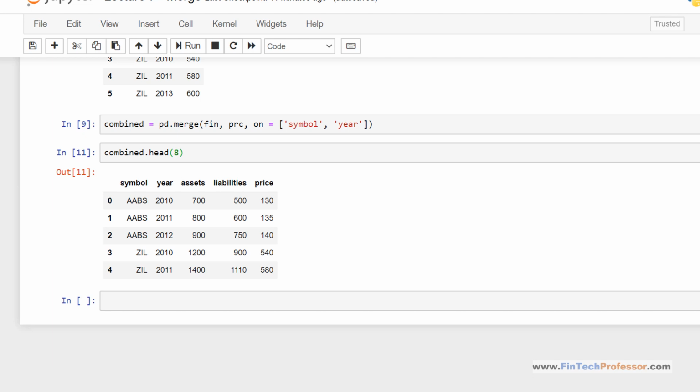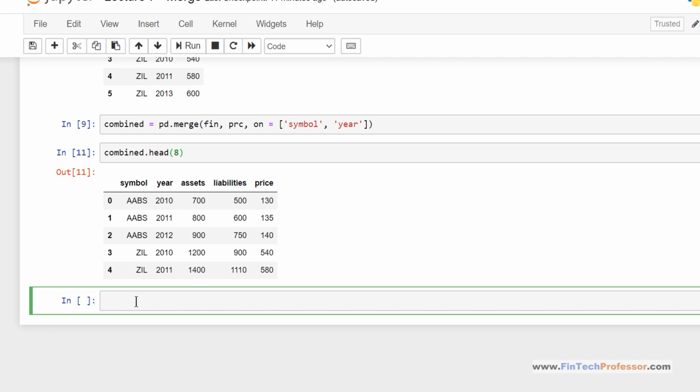So if there is any record which is present in one data set but is not present in the other data set, those records will be discarded. They will be removed from the combined data set. This merge is called inner merge.